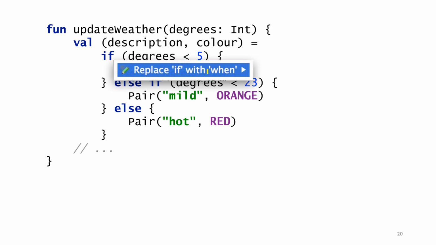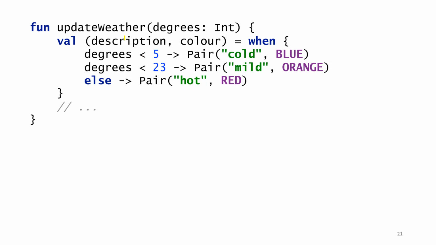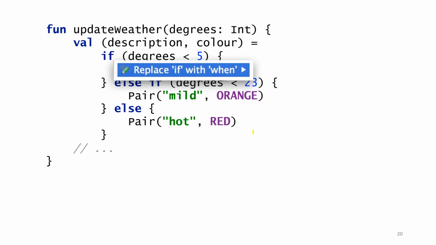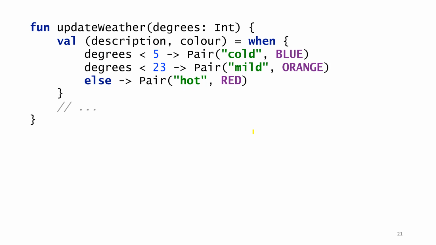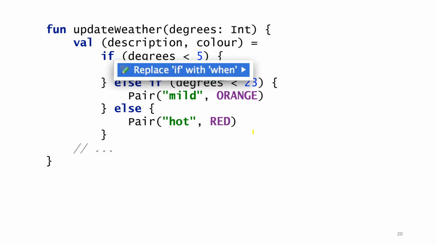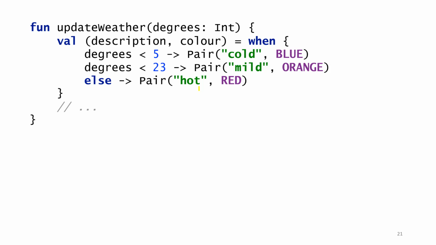If you see, if degree is less than 5, what does it say? Degree less than 5, and it says that the pair are cold and blue. Okay, cold is blue, mild is orange. The blue color is hidden here.